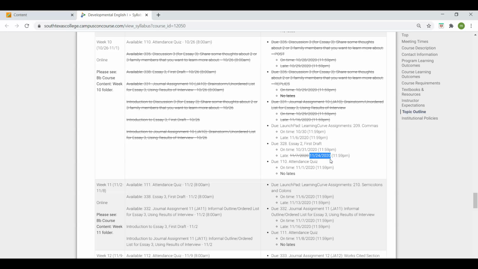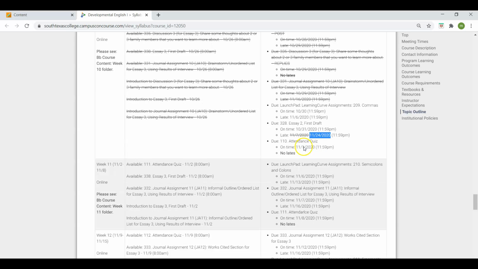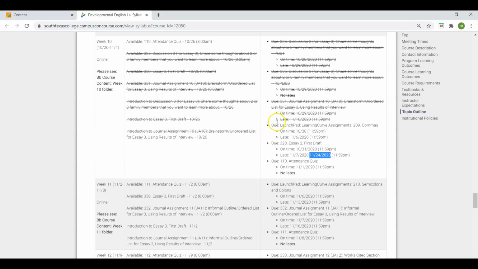And so today's the 21st. That's 3 days from now, which is a Tuesday, if I'm not mistaken. That's when the essay number 2 first draft is due for those who haven't turned it in yet. And that's why I said, don't get confused. Don't confuse essay number 2 with essay number 3. That's something else. So as you can see, life moved on.